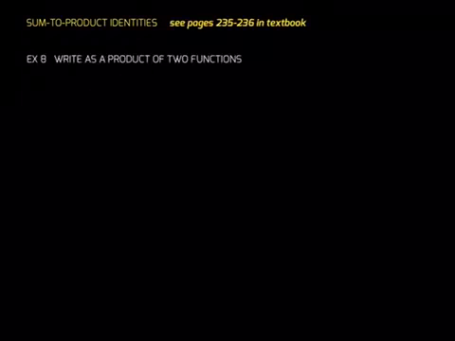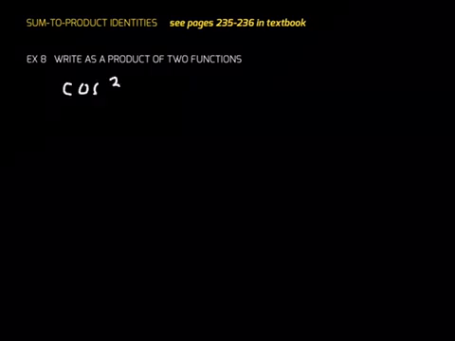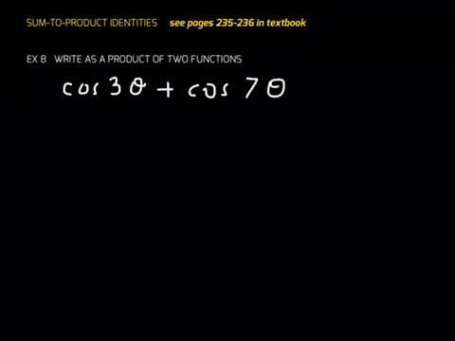Okay, guys, this is the last example in this section. Write the following expression as a product of 2 functions. This is what they're giving you: cosine of 3 theta plus cosine of 7 theta. This is definitely a sum, and they want you to rewrite this sum of 2 functions as a